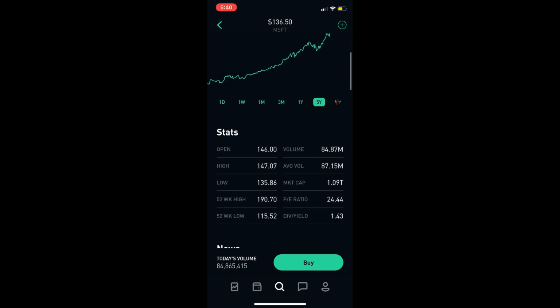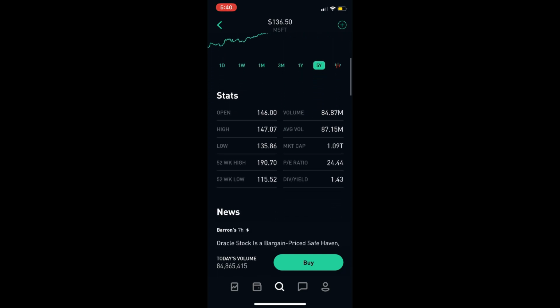And then if you scroll down here, you can see stats, and the main three stats that you want to look at are the market cap, the PE ratio, and the dividend yield. And the market cap is pretty much how much Microsoft is worth. So Microsoft, the entire company, is worth $1.09 trillion. So whenever you invest in a company, you have to make the statement, I am purchasing Microsoft for the price of $1.09 trillion because X, Y, and Z, because they have increasing revenue, because they have a great management team. It could really be anything, but you should really try to make statements like that before you buy into a